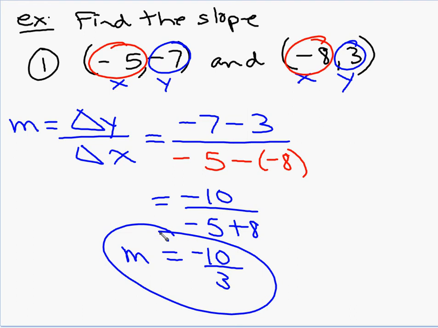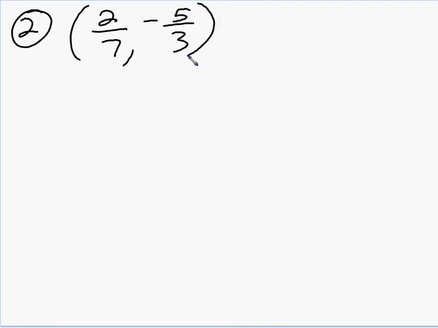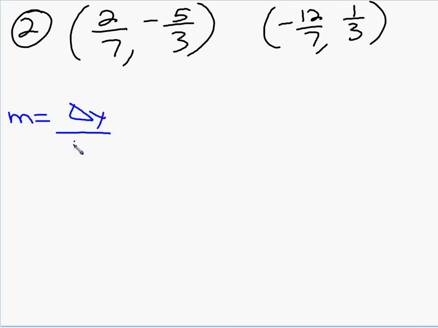Okay. Now, of course, there will be some with fractions, so let's do one with fractions. And you will have to do these by hand, not cheat and put it in the graphing calculator. 2/7, negative 5 thirds, and the other point is negative 12/7 and positive 1/3. So we're still going to follow the same plan. We're still going to use delta y over delta x. So if I start with the negative 5 thirds, it's negative 5 thirds minus 1/3 all over